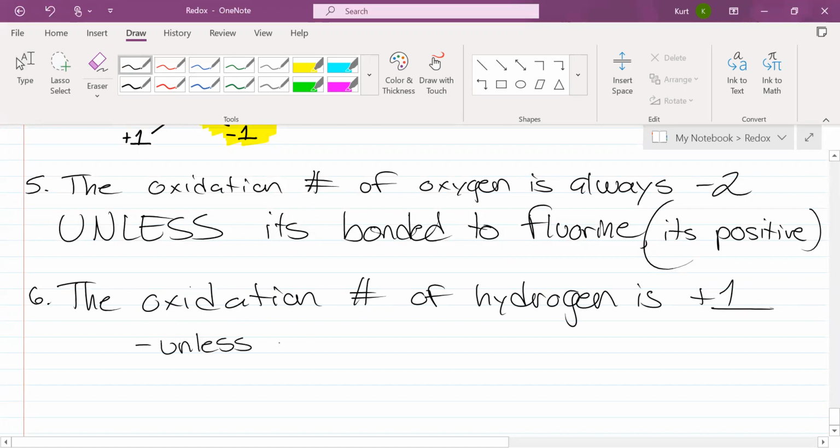There's one exception, unless it's bonded to a metal, then it is -1. So for example,